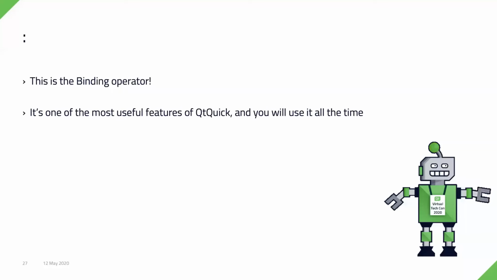This is not a typo, this is the binding operator. And this is perhaps one of the most useful features of QtQuick, and you will find yourself using it all the time. In fact, if we look at the examples we've seen so far, they're full of these colons after the property name. When we define a property in a QtQuick file, we give it the property keyword here,